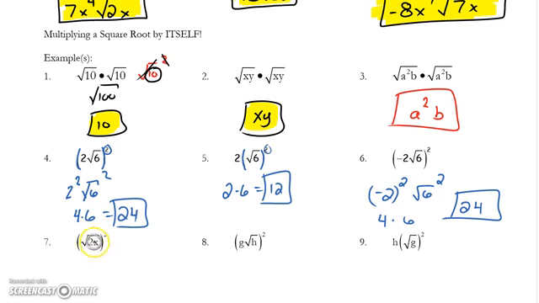Since this whole thing is in parentheses, this is the same as saying 2x squared. Well, that's the same as something like numbers 1, 2, or 3. I have an x or a square root being squared. My answer is what's inside. Different for numbers 8 and 9 though, because this g is not in the square root. I have to square the g, square the square root of h, giving me